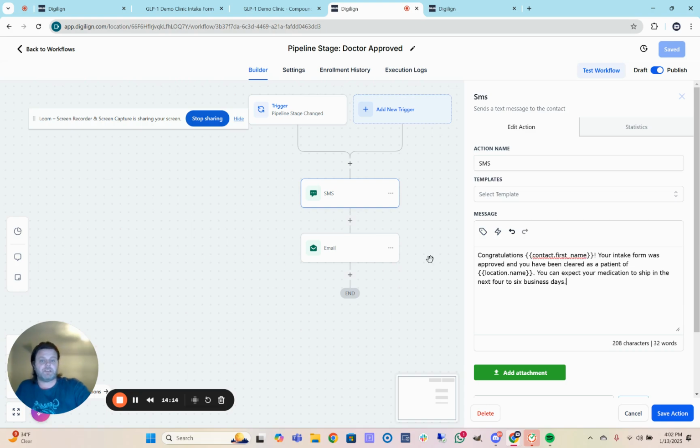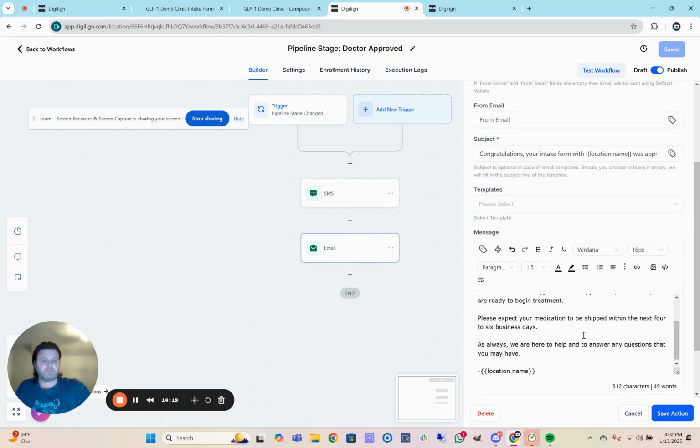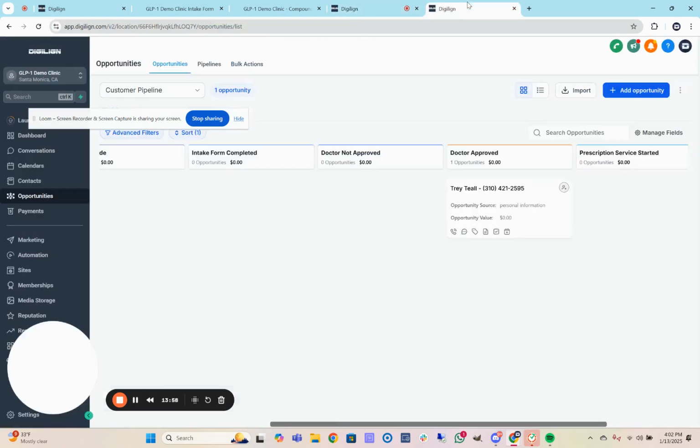You've been cleared as a patient. You can expect your medication to ship. And congratulations, your intake form. Please expect your medication to be shipped. And then at that stage,